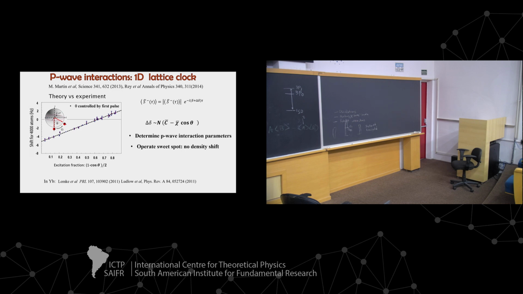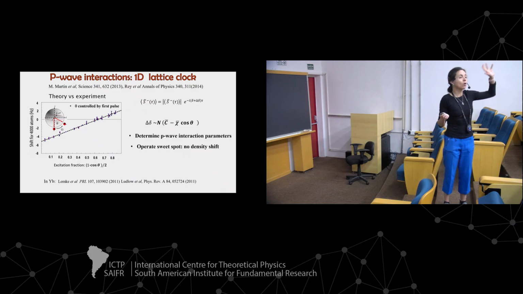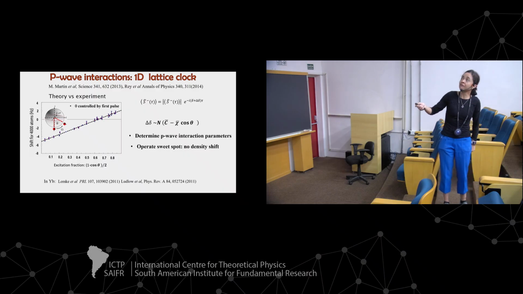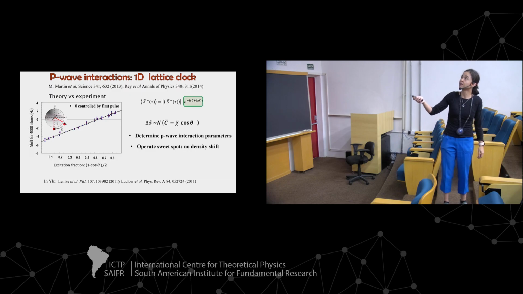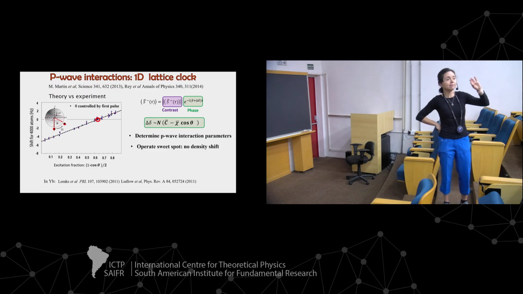So with this simple theory, we were able not only to tell the clock that they have to operate at this point where the change in the ticking rate because of collisions is 0, where it cancels, but also, since these scattering volumes are really hard to compute in theory, we can fit this line and get an expression for chi and c bar, and actually start to get some insight on these scattering volumes. So basically we were operating at this point where the density shift is 0, and then we were able to actually control a lot, and the clock became even more